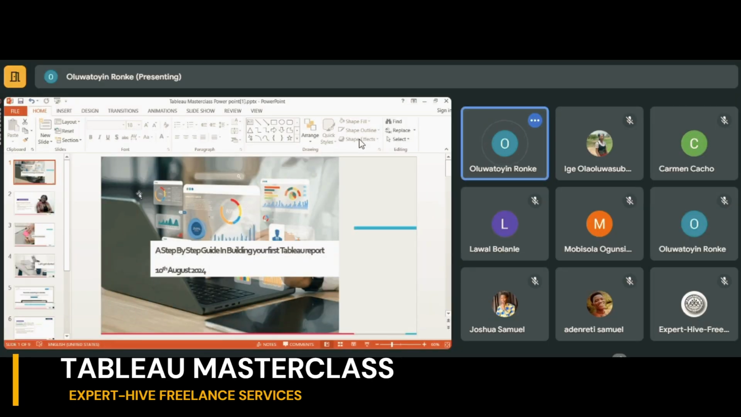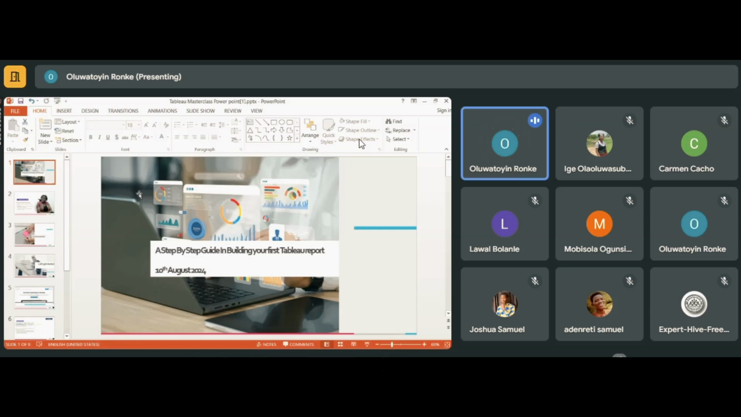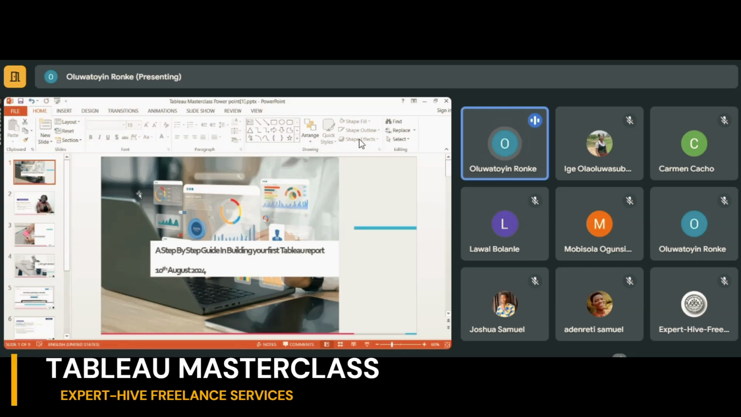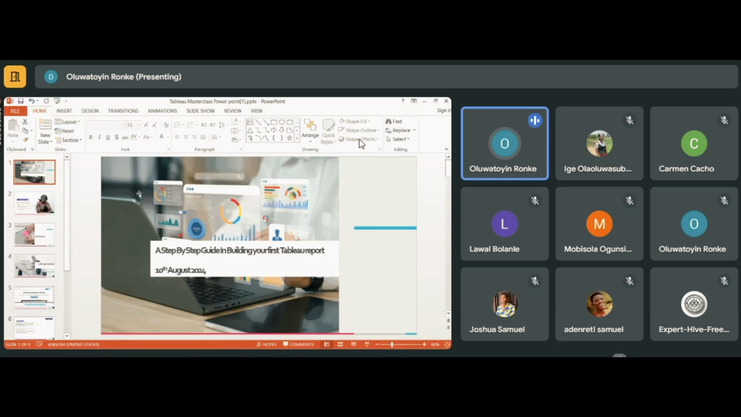Step-by-step guide to building your first Tableau report. The main thing we are here for today, I will be walking you through building your first Tableau reports in this session. But before we get started,